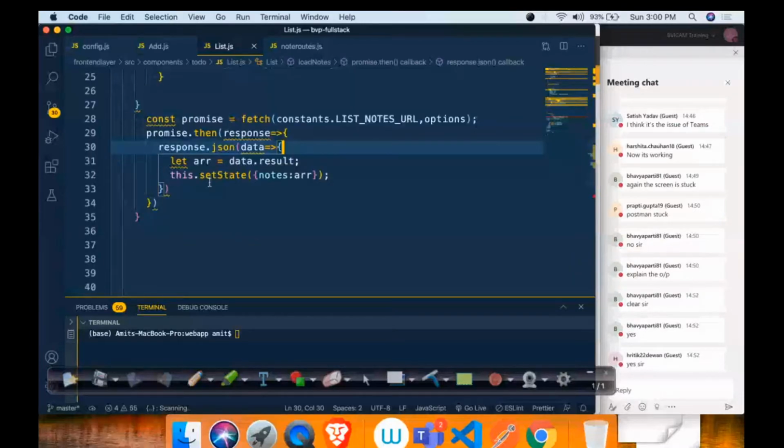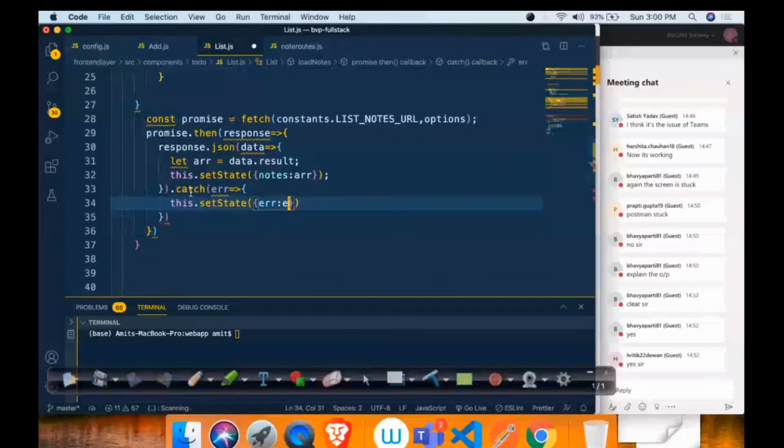If it is giving some error, let's say if the JSON is not working, it will give an error. So we'll use this.setState, and I will say error. Makes sense? And the same here, .catch. If it is present here, there would again be an error. So I will do this thing,